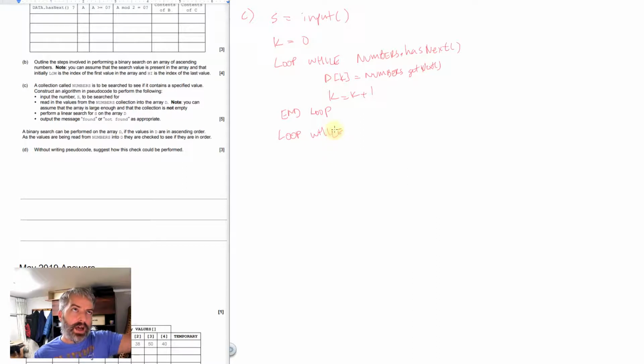Here, I'm just pulling data out. I'm not putting it anywhere. There are a lot of different ways to do this. I'm going to do the way that I'm most comfortable with. So I'm going to say loop while D has next, and then I'm just going to say if D.getNext is equal to s, then output